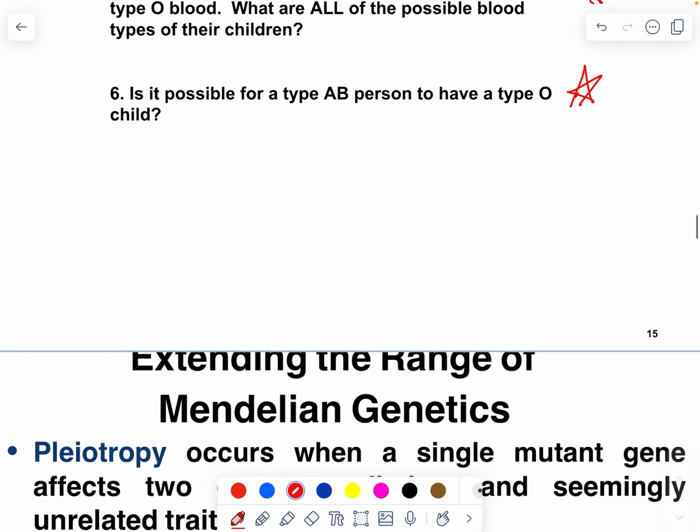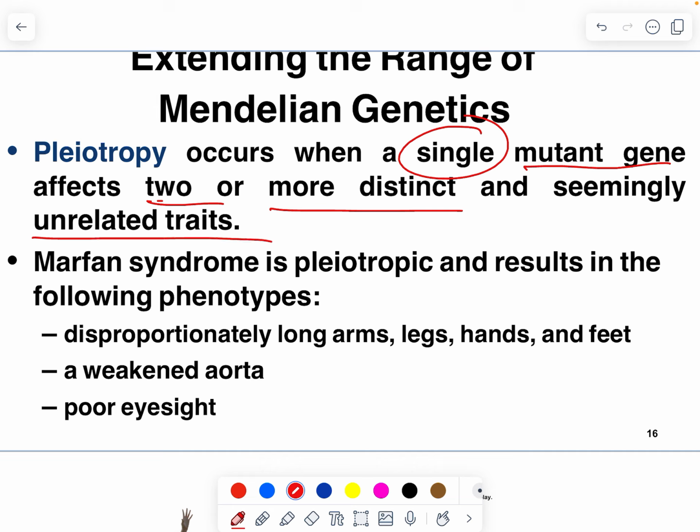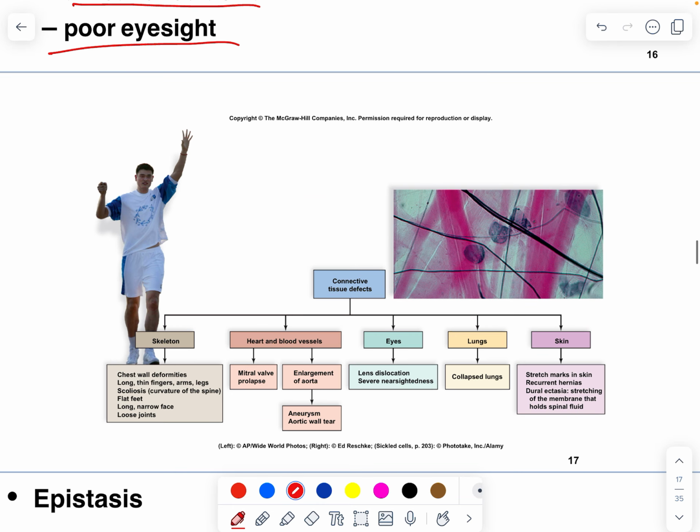Again, simple monohybrid crosses. Pleiotropy occurs when a single mutant gene affects 2 or more distinct and unrelated traits. An example of this is Marfan syndrome. Disproportionately long arms, legs, hands, feet. A weakened aorta, which is like the main artery coming off the heart. Poor eyesight. An example of this is Yao Ming. Some basketball players,